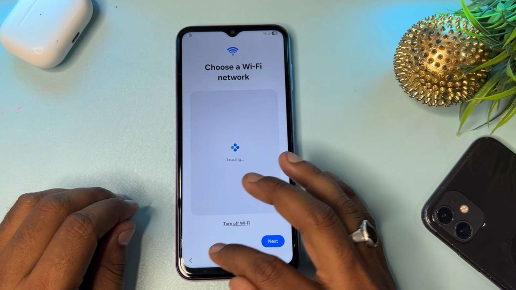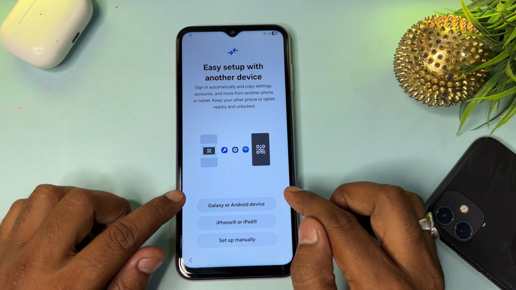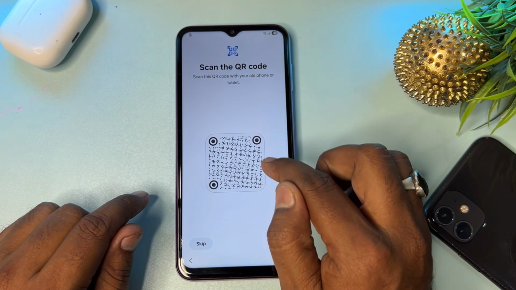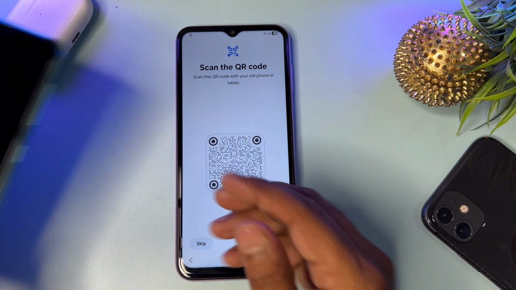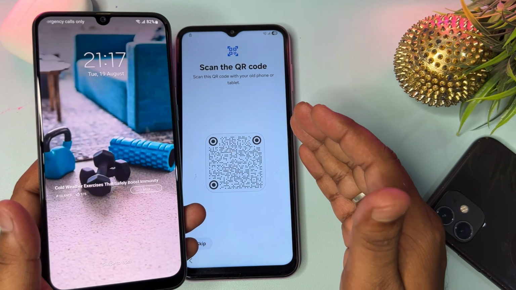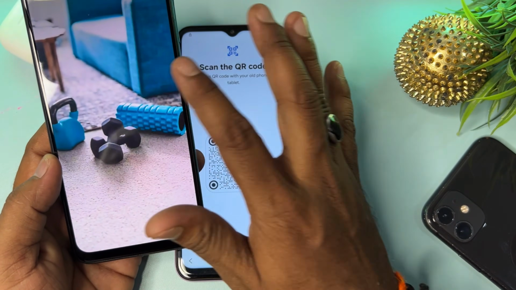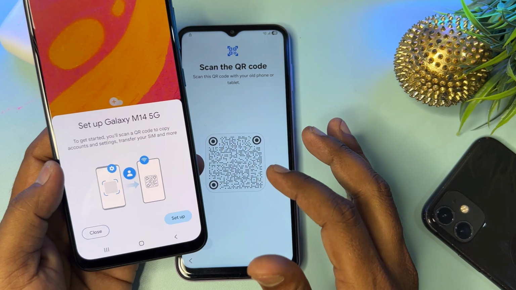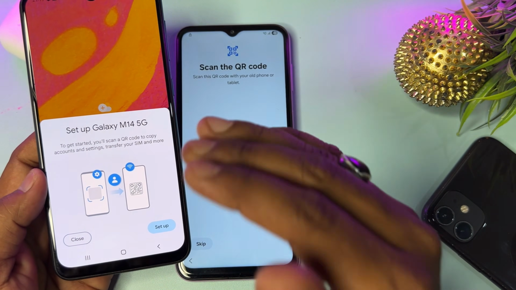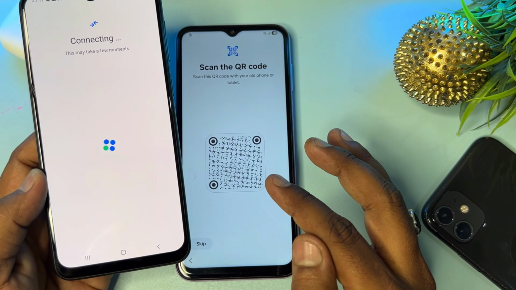So I'm going to use another step here. So go back, and when this page comes into your mobile screen, you have to click Galaxy or Android devices, and here you got this barcode. So you have to arrange another Android smartphone, any Android smartphone, Realme, Oppo, Vivo, OnePlus, Samsung, Xiaomi, Redmi, any Android smartphone, and you have to open this another smartphone. And when you open this, you got this prompt into your Samsung smartphone or any other Android smartphone. So you have to click the setup option only here,